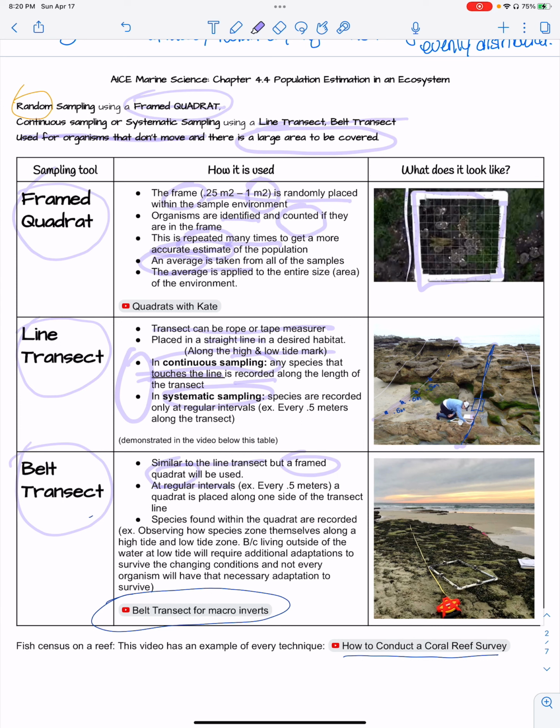Okay, so the process is going to be the same. You're going to use a rope or a tape measure. You're going to place it in a straight line in your desired habitat. And then you're also going to be using the framed quadrat, and we'll say what the size is. So anywhere from a quarter of a meter